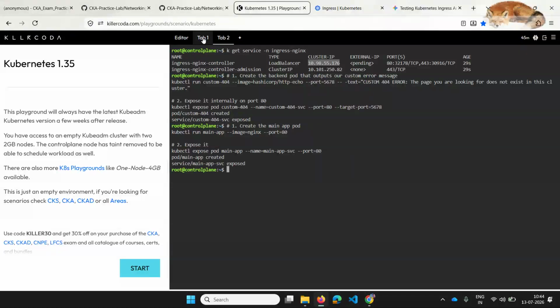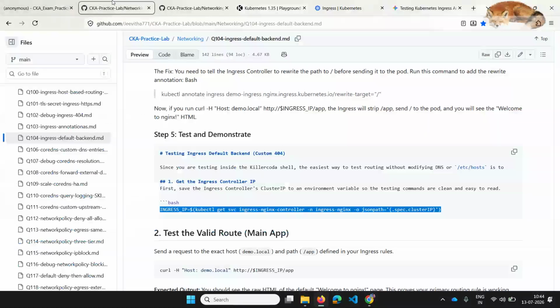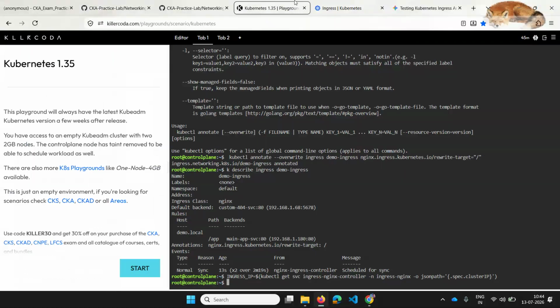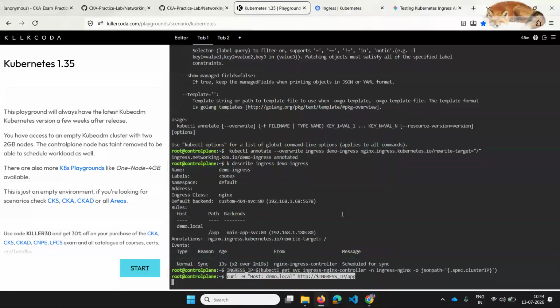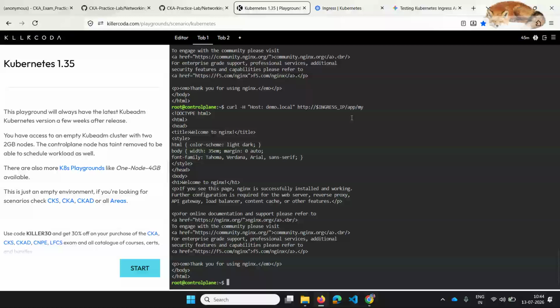So this is what they are trying to capture and place in ingress IP, and we can validate it using -H host name and this HTTP. So here I will paste this with slash app. Whatever comes after slash app is accepted, and slash app is also accepted.